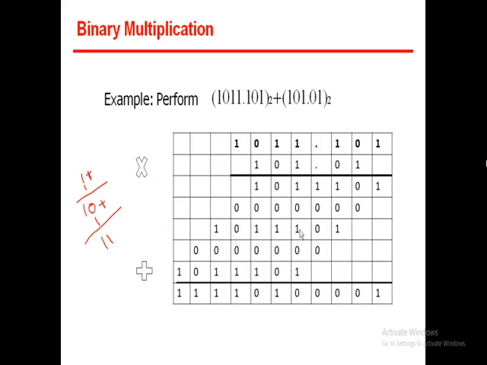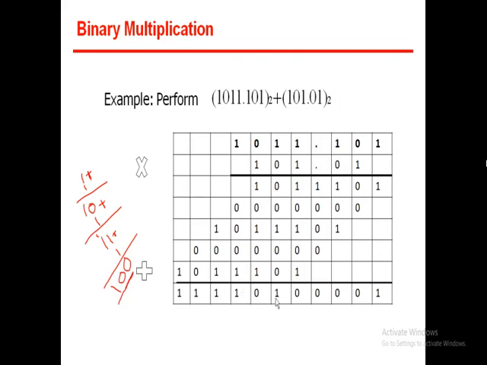Again, if there is a carry, we add 1 plus 1 and we will get 1 1 0, there will be a carry 1, so 1 plus 1 is 1 0, again there is a carry 1, so 1 0 1. So here we write 0, then the remaining carry will be 1 0. So we are adding this 1 0 plus 1 here, so 1 1. 1 0 plus 1 is 1 1, there is 1, there will be a carry that goes to here.